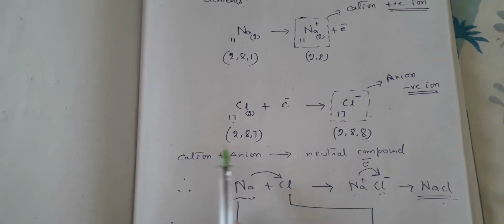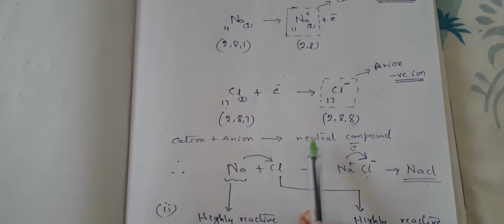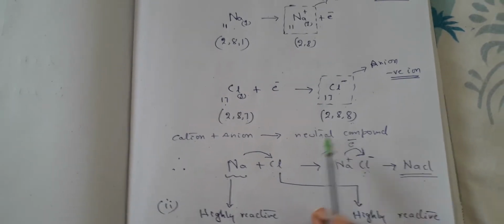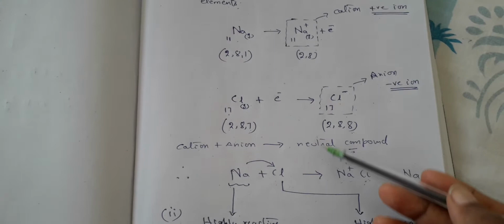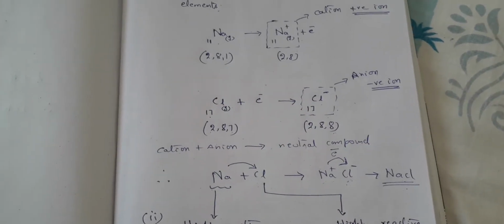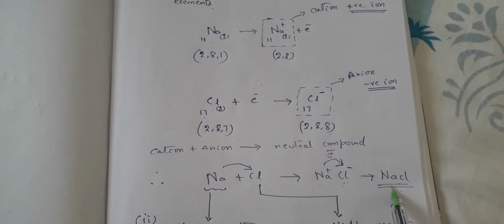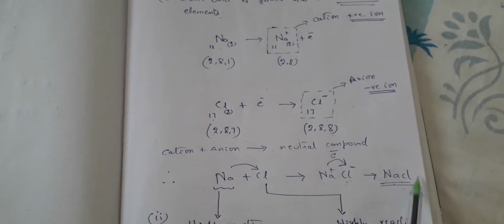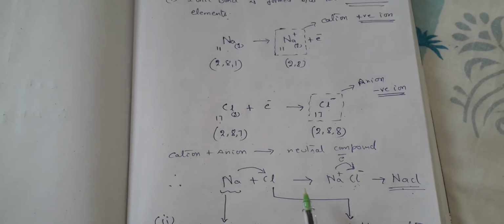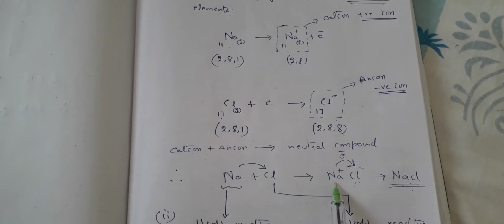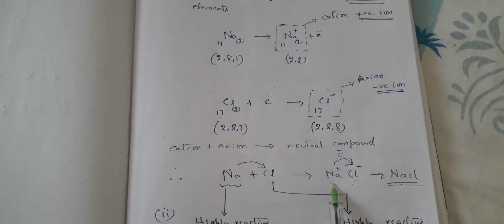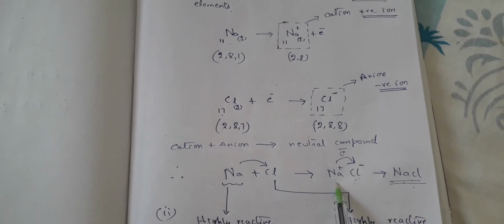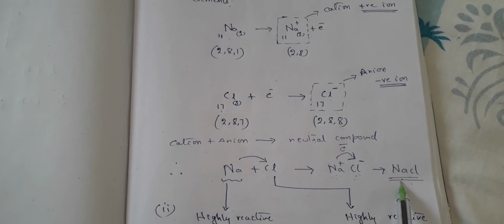So what is the general formula? A cation plus an anion gives rise to a neutral compound. This is how an ionic bond is formed. This is how an ionic compound is formed. So what is happening before the formation of the compound? The elements are becoming ions, that is a cation and an anion. When they are brought sufficiently closer, they form finally